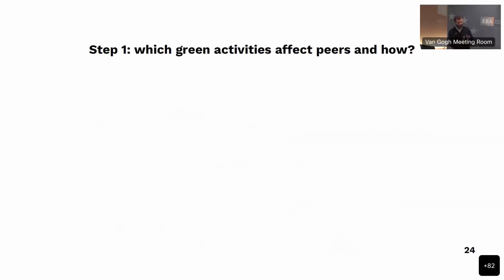All right, and so in order to address these two hypotheses, we need to take 2 steps. The first one is we first need to understand how the presence of a green firm affects other firms. We want to confirm this implicit hypothesis that we make in the theory, that is, we want to see this shock. And so how do we do so?